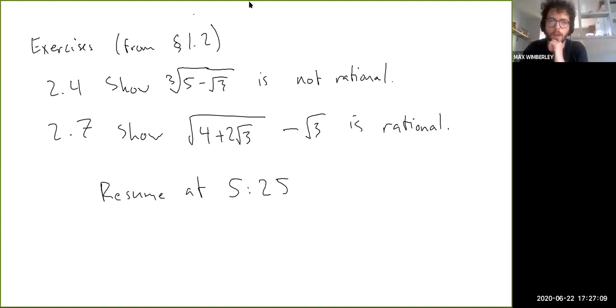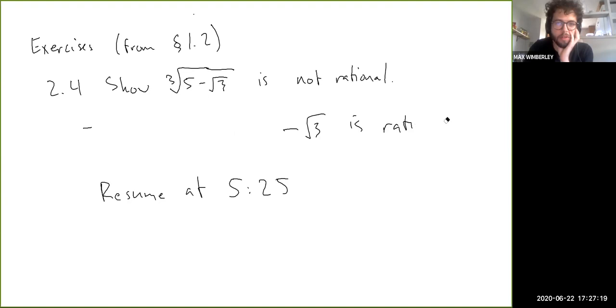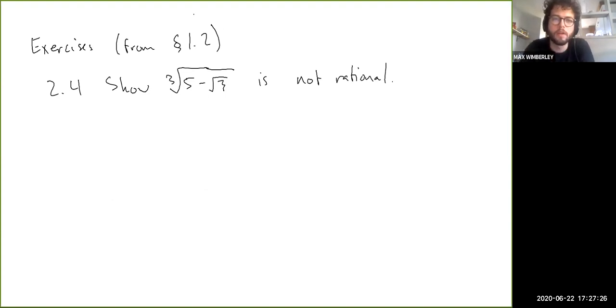Okay, anyway, so let's go ahead and talk about these exercises here. So I'm gonna erase some stuff. Right. Okay. So let's show that this expression here is not a rational number. I kind of explained another example of this in the lecture, but the way you do these things is,